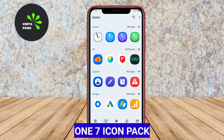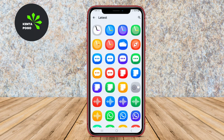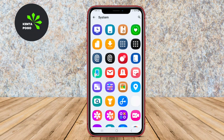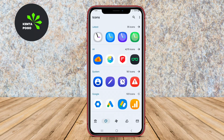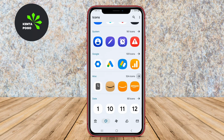(1.7) Icon Pack. 1.7 Icon Pack is designed to give your Android device a sleek and modern look, inspired by the design language of the latest Android operating systems. It features a collection of over 5,000 high-quality icons with a uniform style, ensuring that your app icons are cohesive